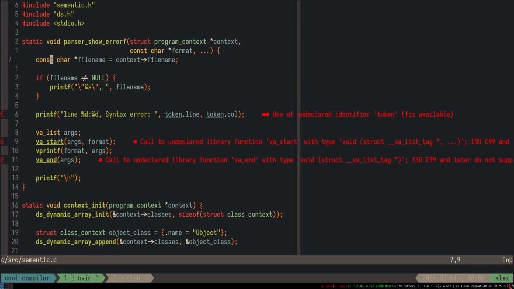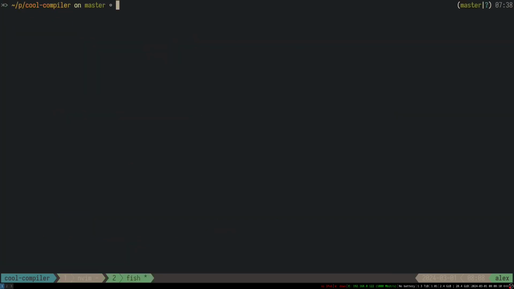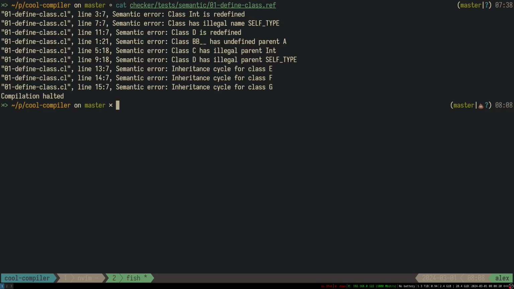So let's say, and I mean if we do checker semantic 01 the ref, it says class. Okay, so I need just the line and column, and then the error is gonna be